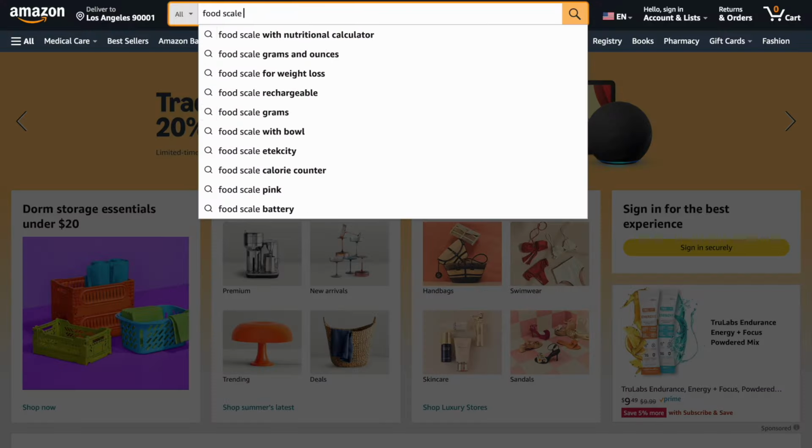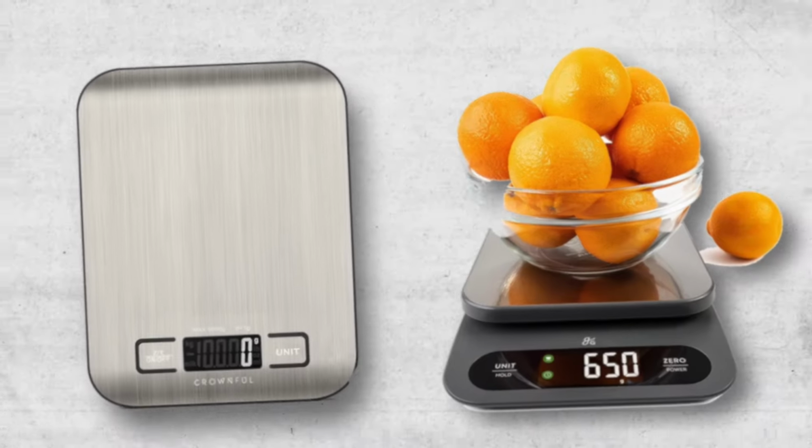As opposed to if you just type in food scale, there's a lot of different types, a lot of different shapes, a lot of different specs. So you might browse way more. So the keyword also matters. You can have broad keywords where being positioned 10, 15, 20 is fine. And you can have long tail keywords where being positioned 15, 20, no one even makes it that far, because at that point, they're very specific. There's only a couple results for it.